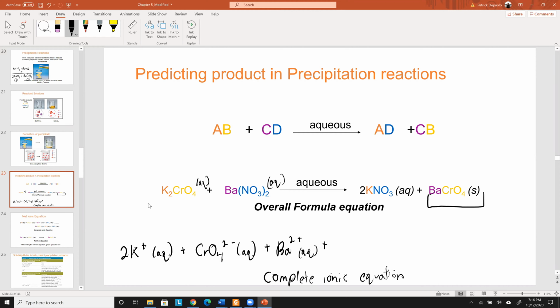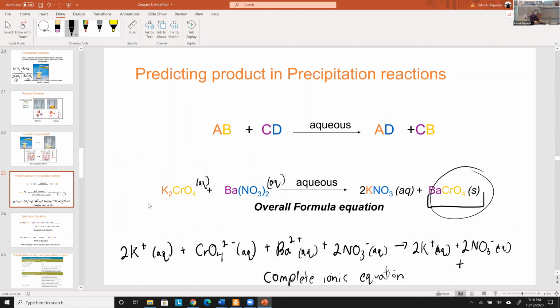And then you have 2 nitrates, 2 NO3- (aq) yields. Now, since potassium nitrate is still soluble, you have 2K+ (aq) plus 2 NO3- (aq) plus the